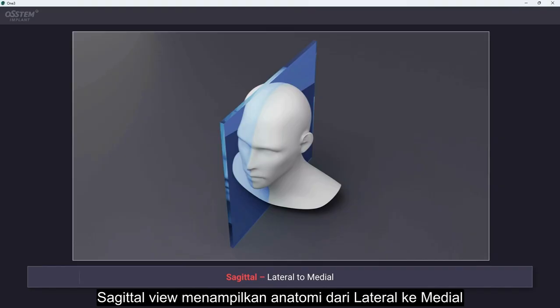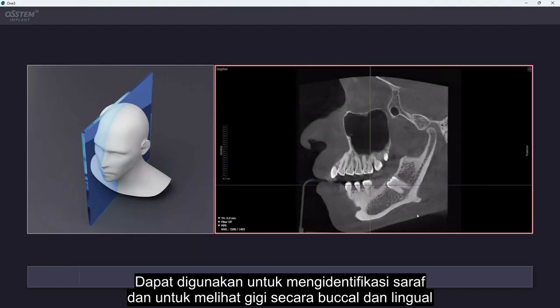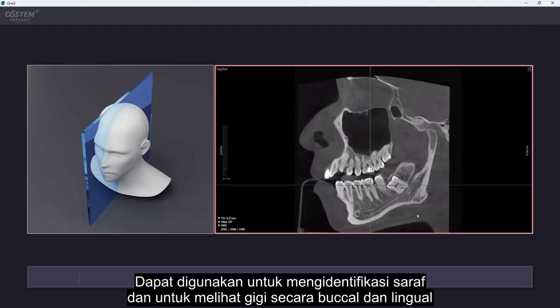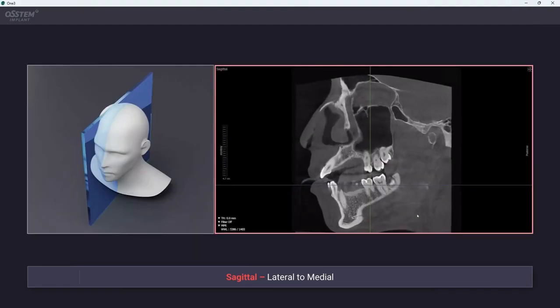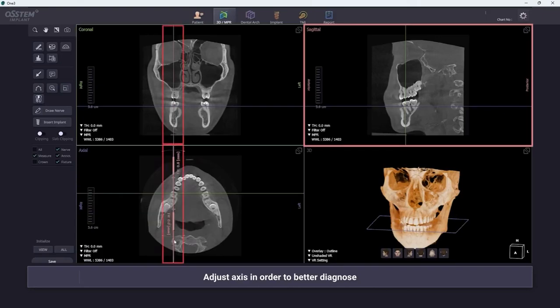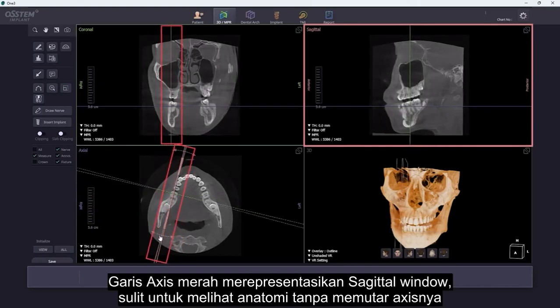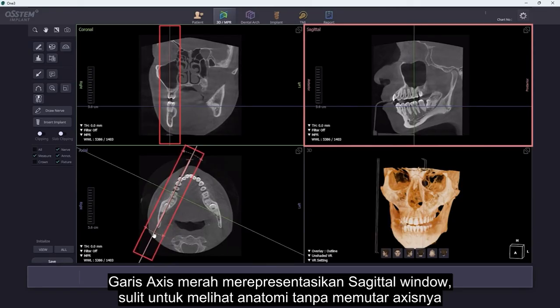The sagittal view allows the user to view the anatomy from lateral to medial. It can be used to identify the nerve and to view teeth, both buccal and lingual. As the red axis line represents the sagittal window, it is difficult to properly view the anatomy without rotating its